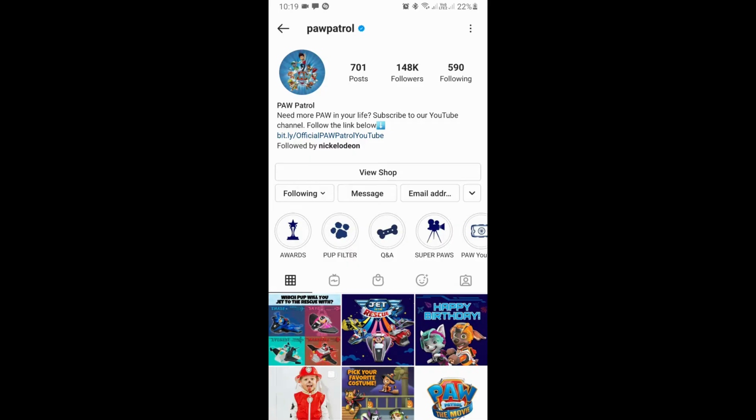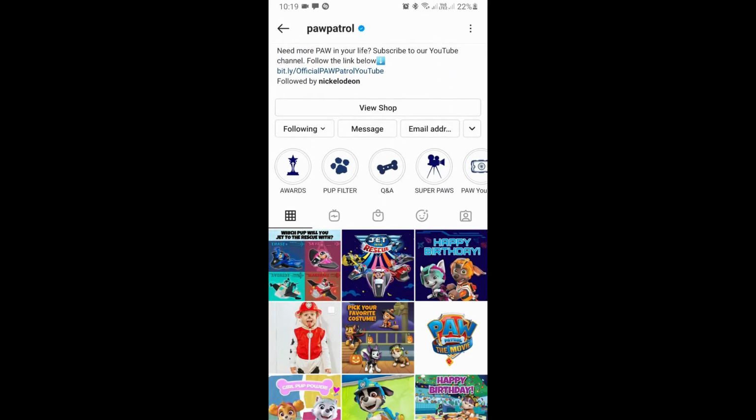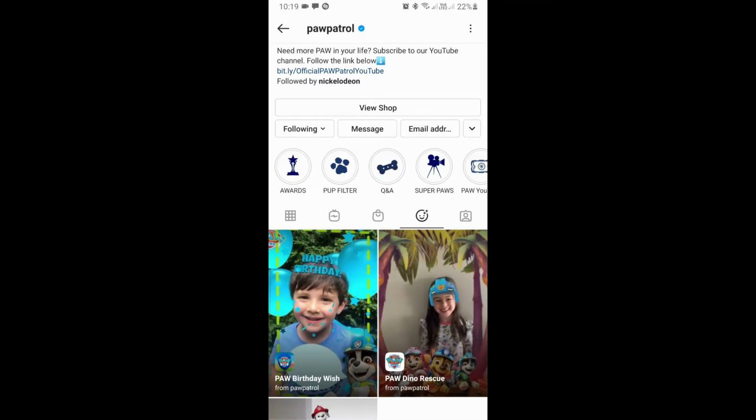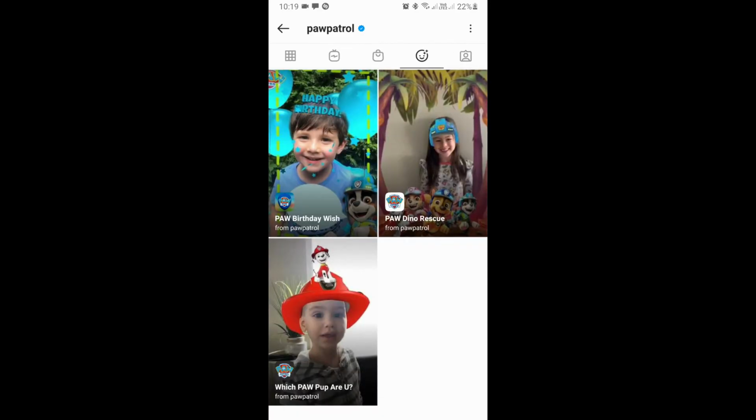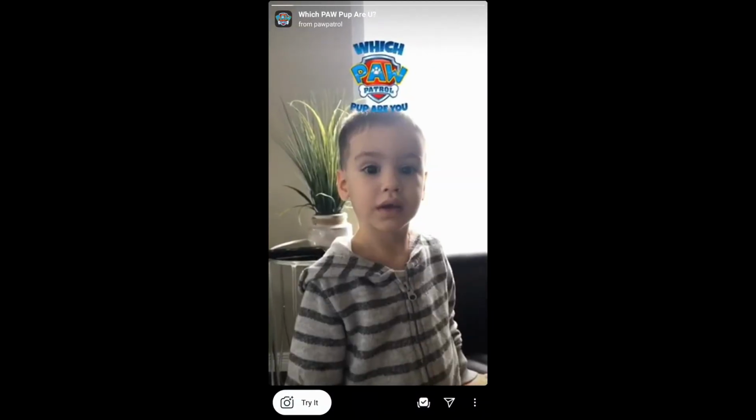And if you can't see this filter gallery or this smiley button, what you can do is refresh the page by dragging the page down like this, and you should see this effect gallery, the smiley button. So go there, and the last one, this is the filter, which pops up. Are you, tap on it, and you will see this